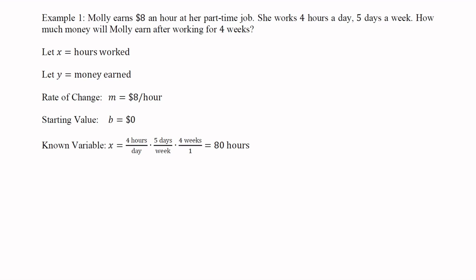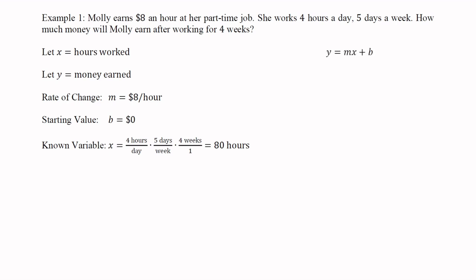Our known variable is x here, because we know how much time she is working. She's working 4 hours a day, 5 days a week, and we want to know how much she'll earn after working for 4 weeks. So you can use some dimensional analysis to determine how many hours she will work over the 4 weeks. So 4 hours a day, 5 days a week, 4 weeks, that gives us 80 hours in